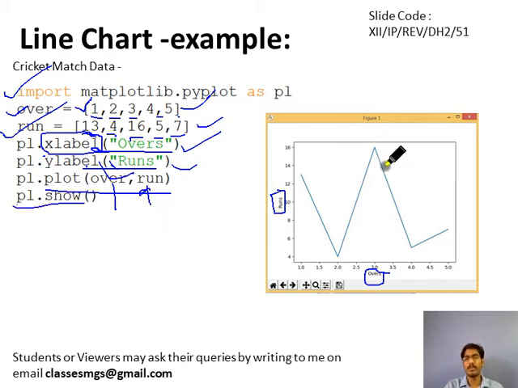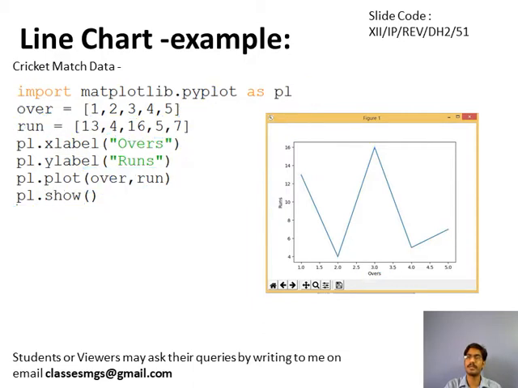It will draw the plot like this. For the first over we have the 13 score, so there will be a mark somewhere there, though by default it will not be shown, keep this in mind. For the second over we have the 4 runs, so we have the dot in front of 2 at 4. In the third over we have 16, so in front of 3 we have the 16. In the fourth over we have the 5 runs, so we have the mark here somewhere. And in the fifth over we have the 7, so here. After that the system will automatically connect them, and it will show like this. Okay, so this is how you can use this code to draw the line graph.